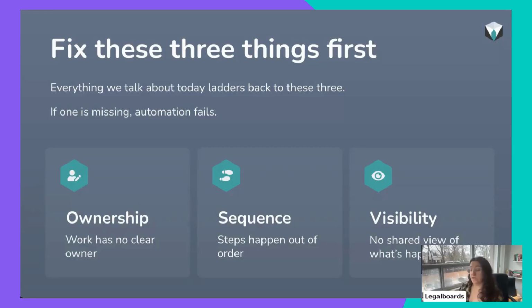So when you don't have ownership, well, you have ownership, but you don't have it highlighted. But when you can see your ownership, you can see your sequence, and you can visualize all of that together. It's when you try to apply automations before you even have your structure.